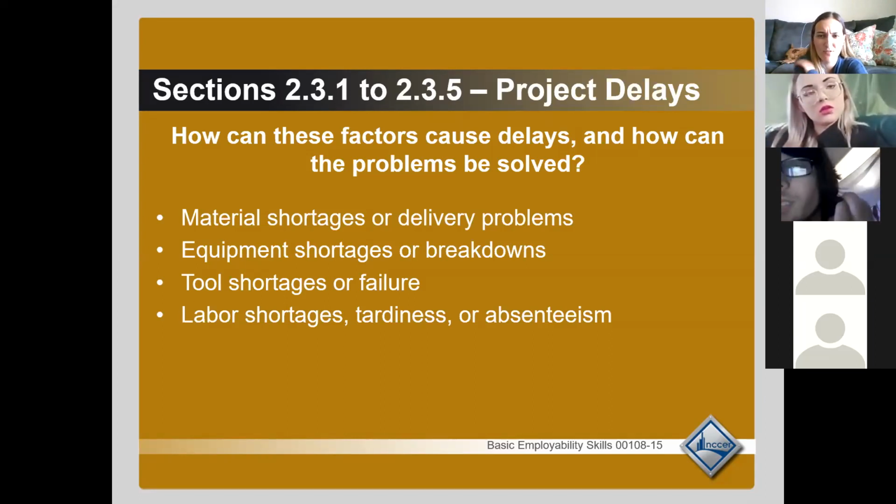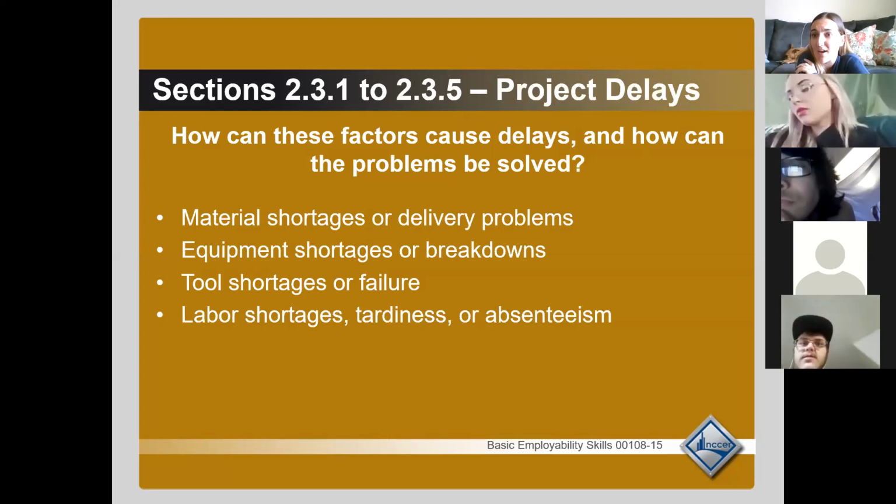If you can't get the job done, right, if your materials didn't come in on that truck that you expected them to come in, how are you going to build? How are you going to finish your job without the materials you need, right? So that's going to cause a project delay because you simply can't do the job. We're going to skip down to the bottom one.